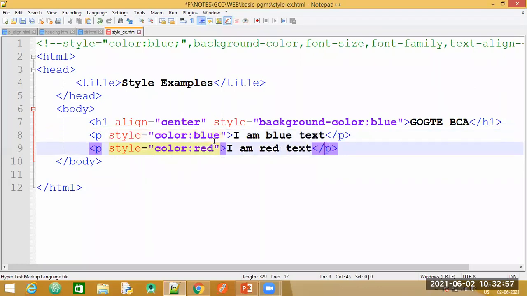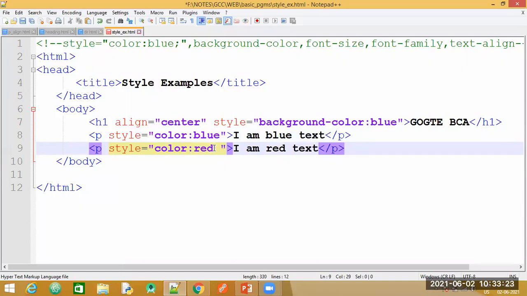Now let us see, I need to add another property here. I want to apply the font size. I have specified the color to be red. I am not making use of this property, but now I will make use of the property present within the style itself. So inside this double quotes only, I am going to specify another property. Let me give a space first.